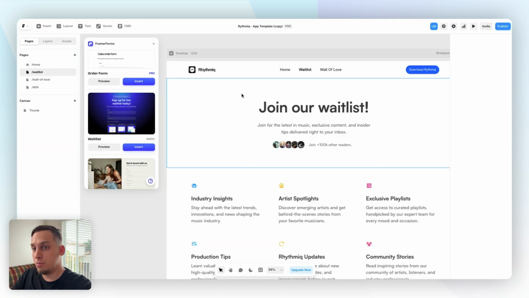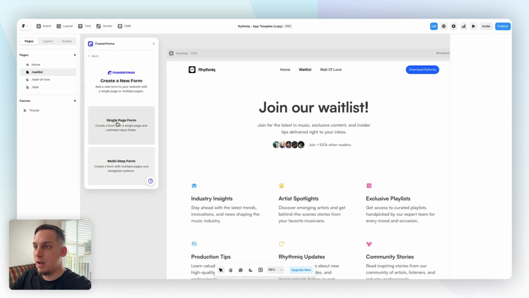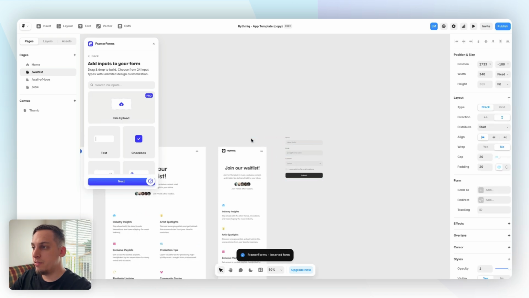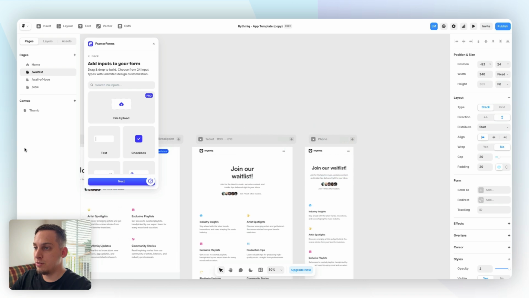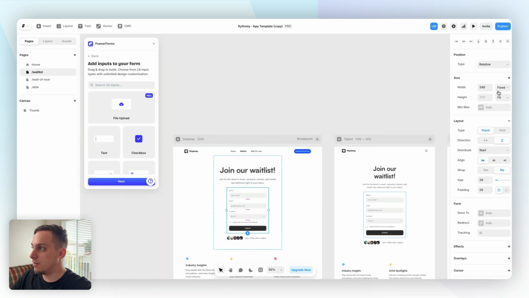So going back into a project, I don't just want to add the name and the email field, but I also want to add something else, something that makes it more advanced. But let's just go back to the main dashboard, click on new form, and let's click on single page form. And we get a new single page form over here. And what I want to do is bring this in here and set this to a